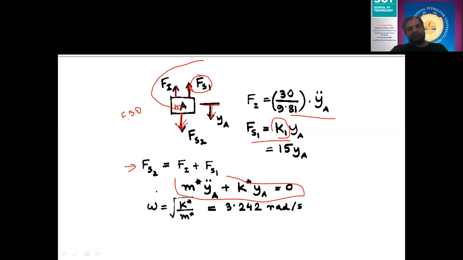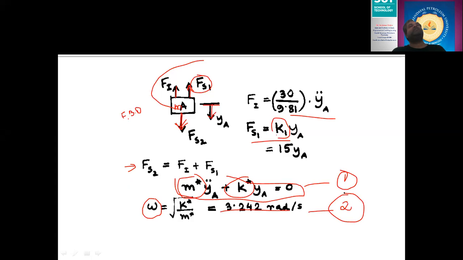So if you put these values and find out the value of m star and k star, and you put it into this equation, you will get the value of natural circular frequency. First, you calculate the value of m star and k star, bring those in this particular formula. So this will be your first answer. Second, based on this, you need to calculate natural frequency. This is your second answer, right?